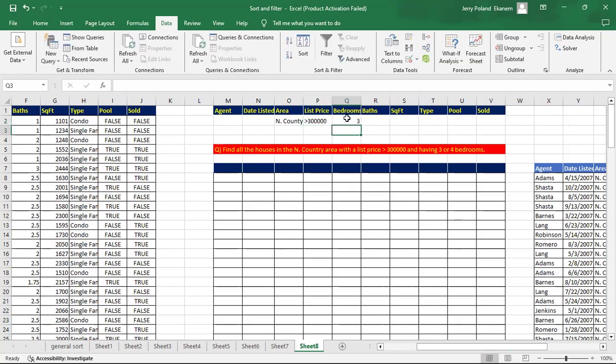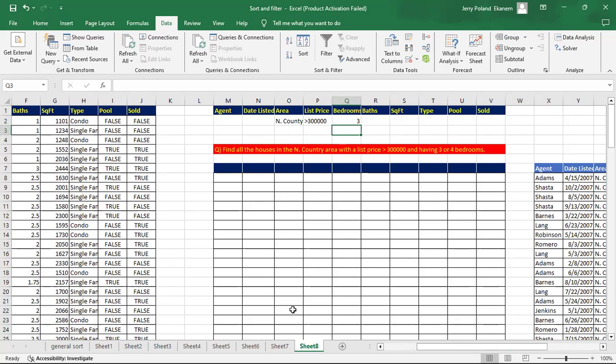So we have 2 options now because we have greater than 300, 3 or 4 bedrooms. So we select the first one, 4. We have or. Because we are using or, we're going to be using 2 lines. And this time around, I don't need to have 2 bedrooms here because I'm using the or. If I were to use and, I'll have bedroom 1 and bedroom 2, the same way we had it at